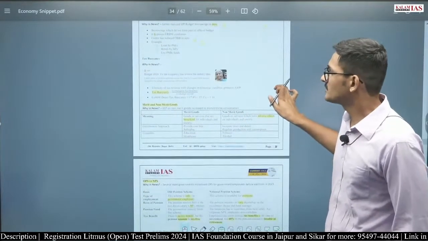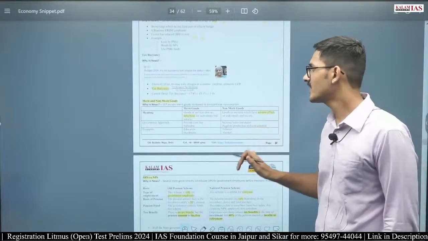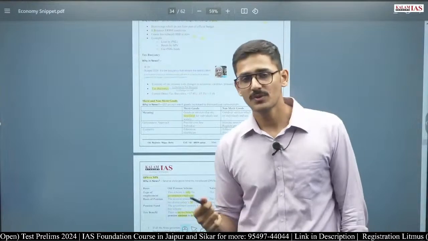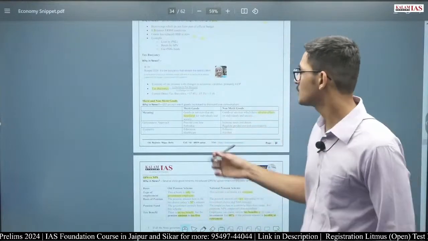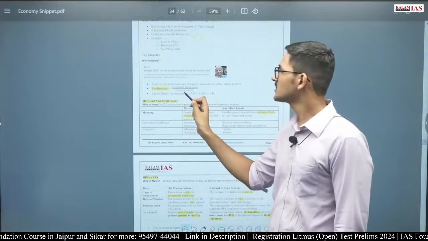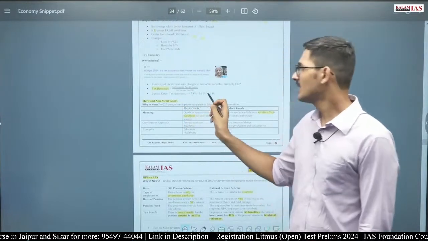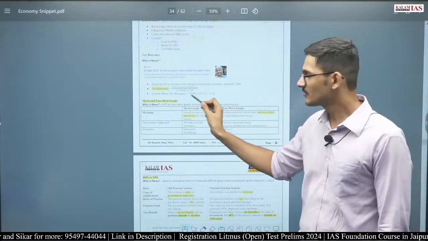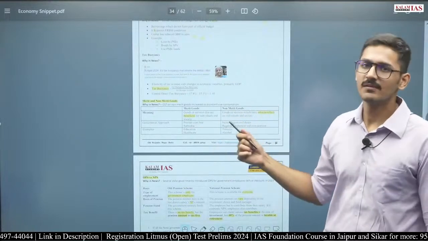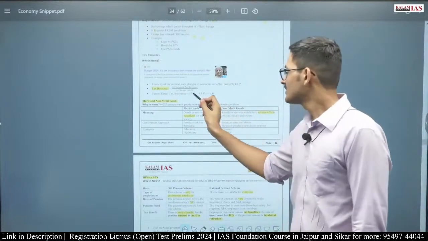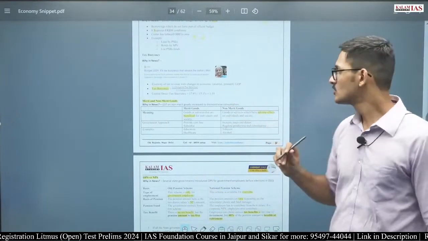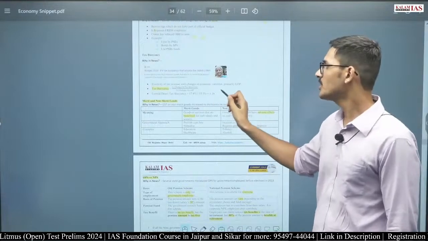Next is tax buoyancy. The government has said that tax buoyancy has shrunk the deficit, that is, the fiscal deficit of 5.1% was possible because of the tax buoyancy. What is tax buoyancy? Tax buoyancy is the percentage change in tax revenue with respect to the percentage change in GDP. For example, last year the tax revenue increased by 17.8%, whereas GDP increased by 15.1%. These are nominal figures; inflation has not been reduced from it. So we say the tax buoyancy is 1.18.